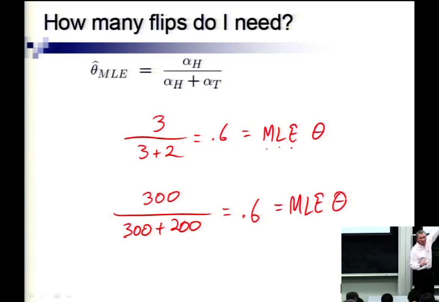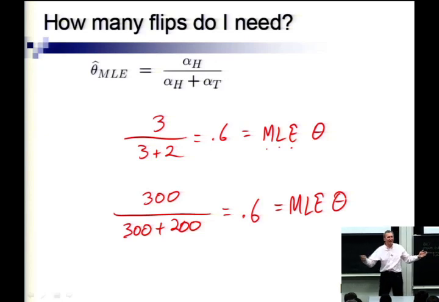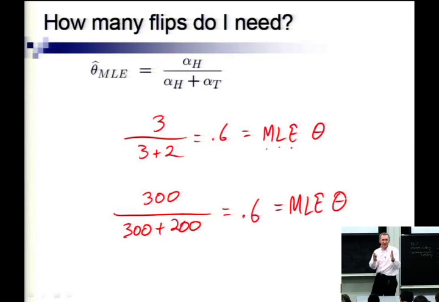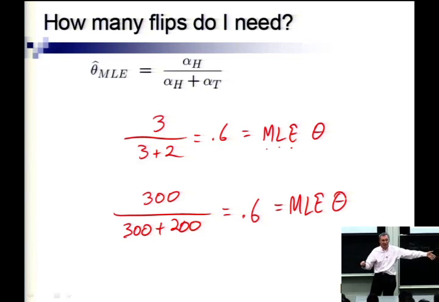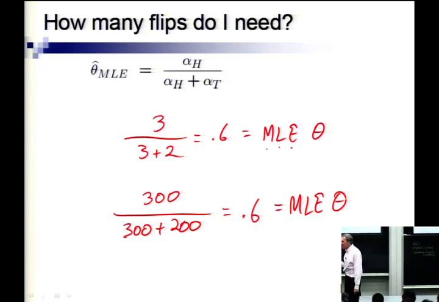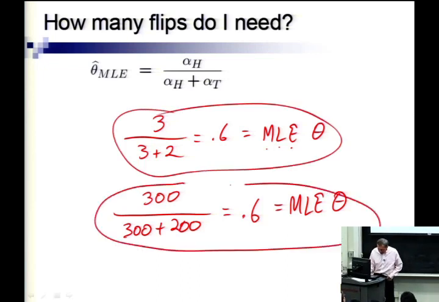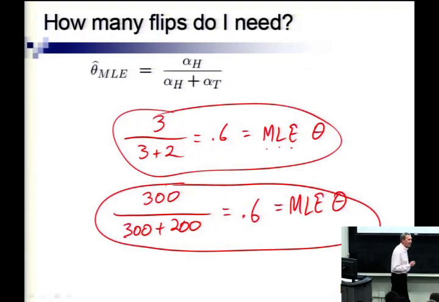If you repeated this experiment many times, you'd of course also get some variation. But you wouldn't expect it to vary from 0.4 to 0.6 to 0.8. If you're flipping it 500 times, you'd expect the variance to be much smaller. Much more centered around 0.6, maybe down to 0.55 or something, but not down to 0.4 very often. So there's something here we'd like to wind into this that has to do with the amount of data that we have,